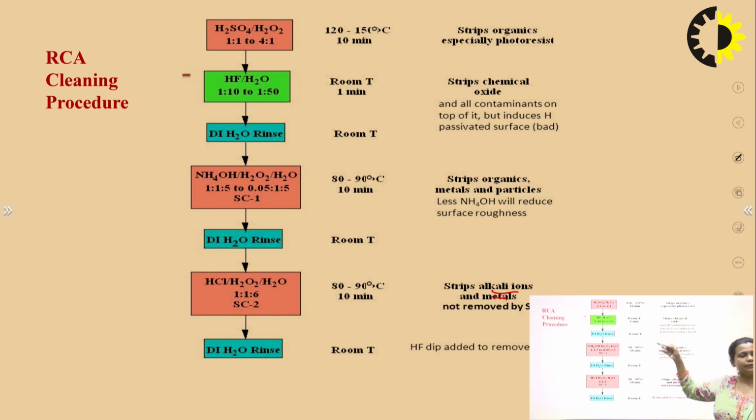We are using these steps in sequence, because if certain kinds of impurities have not been removed by Piranha cleaning, then we are using SC1. If some kind of impurities are left with SC1, then we have to use SC2. So that is why I have shown the flow chart. We have to clean, rinse and dry our wafer again and again. Then we have HCl and H2O2 solution, that is 1:1:6 ratio. And again, we have to use deionized water for the rinse. When we are using deionized water, we do that at normal room temperature. Otherwise, we have to follow these temperatures while using these chemicals.